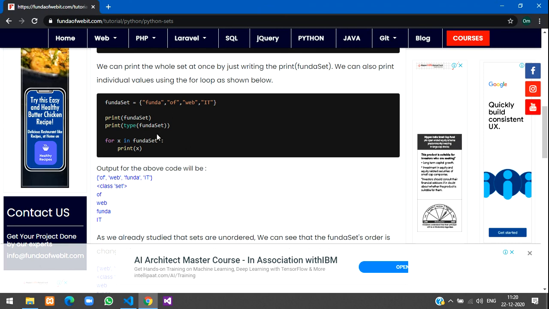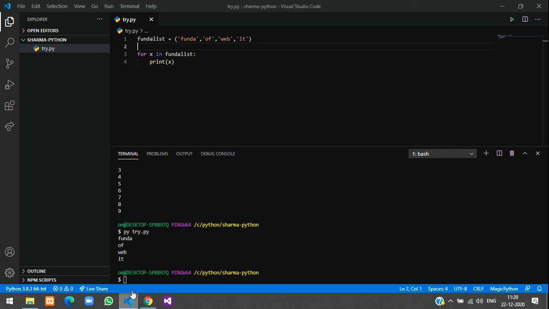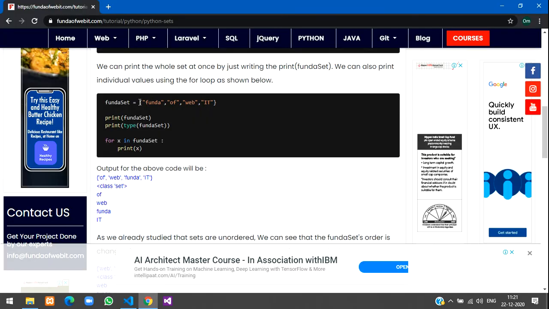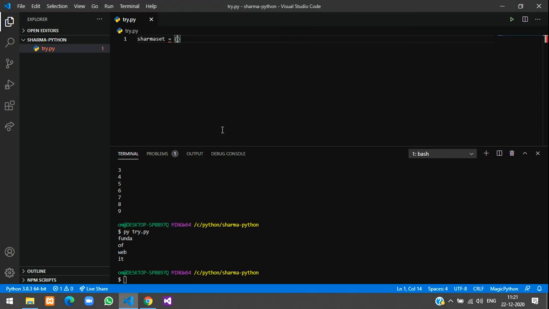So let us try this. We'll create the same thing. We'll give a set name, Sharma set, equal to, in curly brackets. Open curly braces and give items in double quotes.